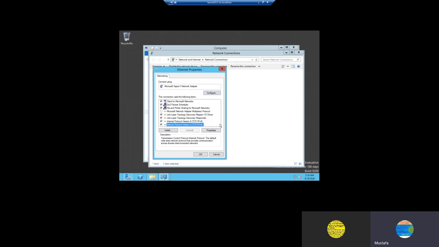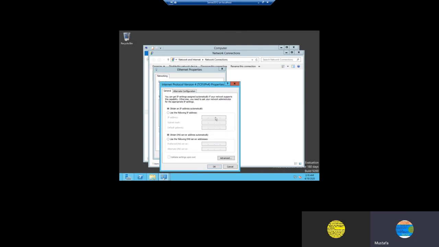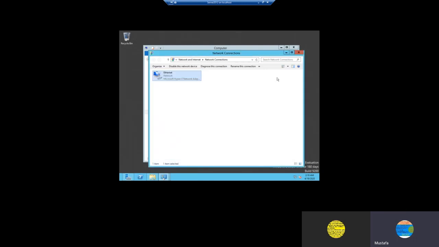If you want to configure them manually, you have to go to the network icon, right click, then the properties will open. You have to click on TCP IPv4 properties, then you can click here to use the following IP address and define your own IP address range. Also on the DNS side you can click use the following DNS server address, so that it will take your own IP address or DNS server IP address, right? So that way you can do it.